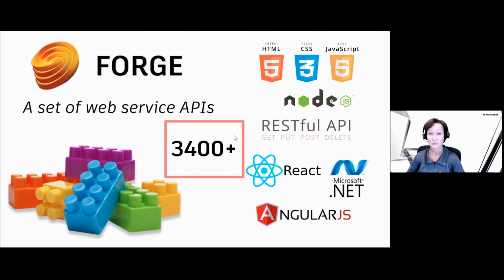For those of you who are new to design automation and probably Forge, let me give you a quick 2-minute introduction. What you should know is that design automation is part of Forge, and Forge is our cloud-based development platform. It's really about liberating data from over 70 different file formats, and not just Autodesk, but really any key industry formats to make your design engineering data easily available through the web, through the cloud, so that you don't need to have CAD software on your machine to access these designs.